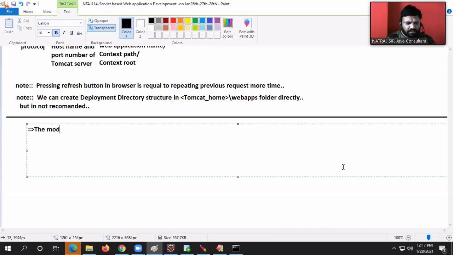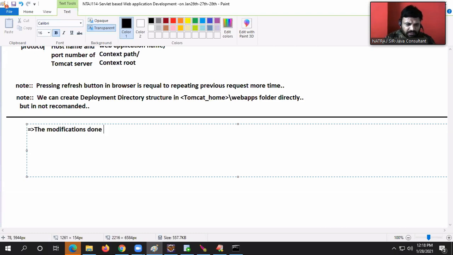The modifications done in the... Sir, a browser refresh will reflect the modified output in the browser, sir. I am talking about modifying the source code. Use your brain. The .java modification will come in the .class file. But to tell the container to stop using the old .class file and start using the new one, first of all I should destroy all existing objects. So while creating a new object, it will take the latest .class file.